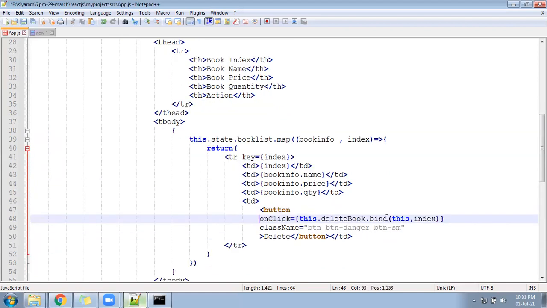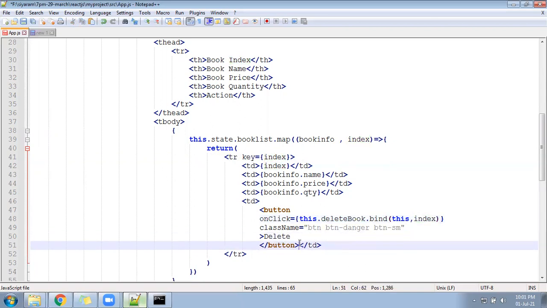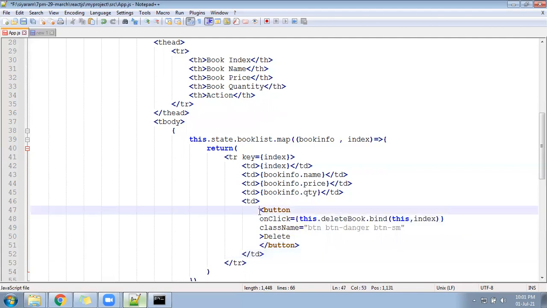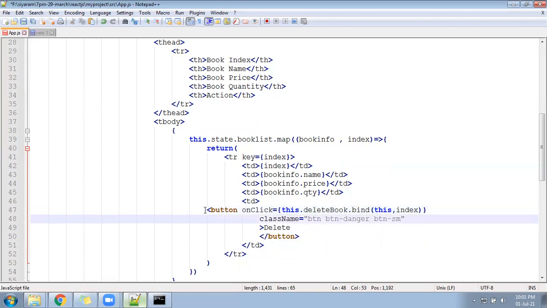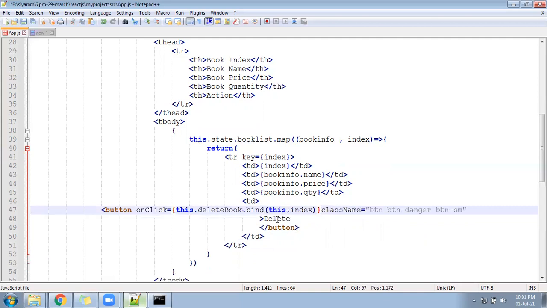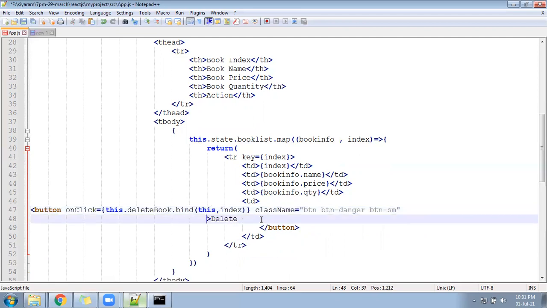If you have not seen, please have a look into that. Right there, we are passing the index of a particular book with the help of the bind function to deleteBook. Now deleteBook will be receiving the index, and after that it deletes the particular element from the array and gives you the available elements. Let me keep it in a single line so it will be clear for you. The line will become a little bigger, but it will be helpful for you. Right? See, now it's becoming clear. One line content.